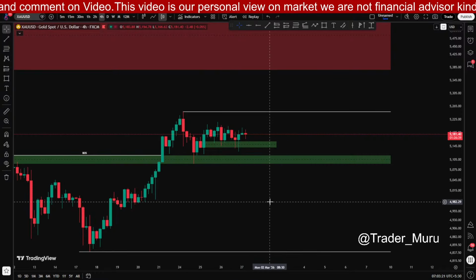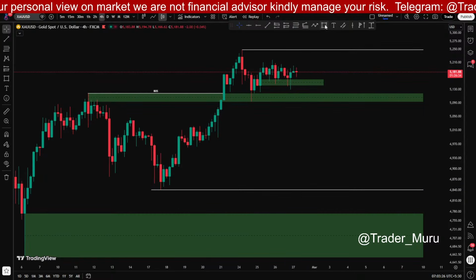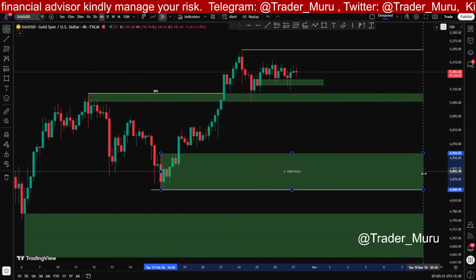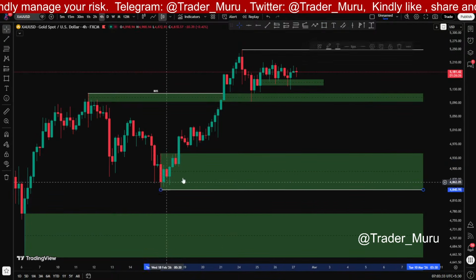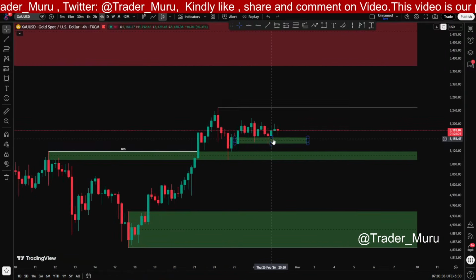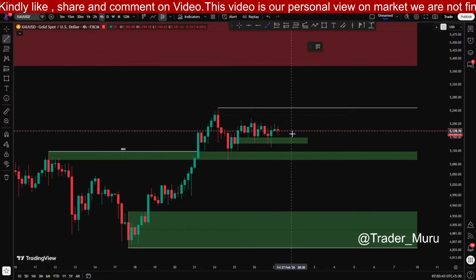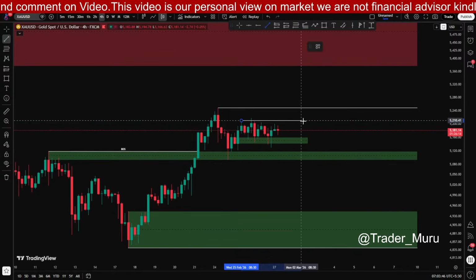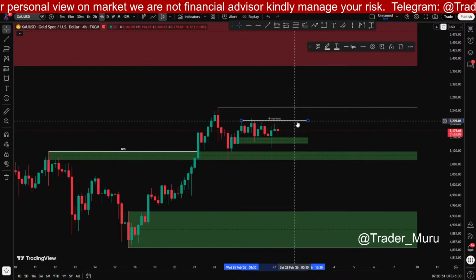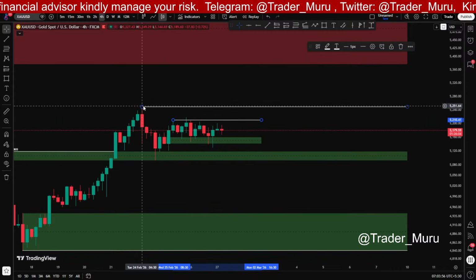All are just liquidity hunting here. Even if price drops, this zone will be your support zone. So according to 4 hour time frame, price is still bullish, but it is ranging here. For better confirmation, it needs to break above this resistance around 5209. Above this, it will be strongly bullish, and it can break above this